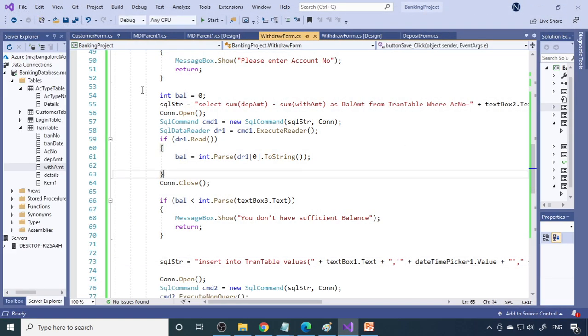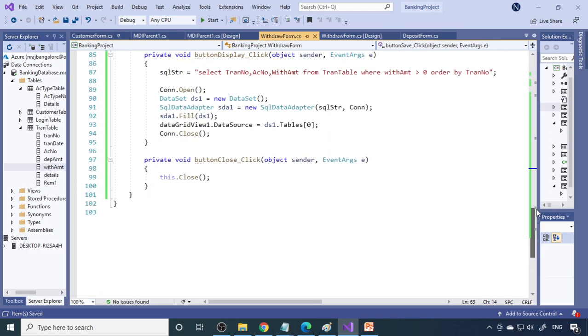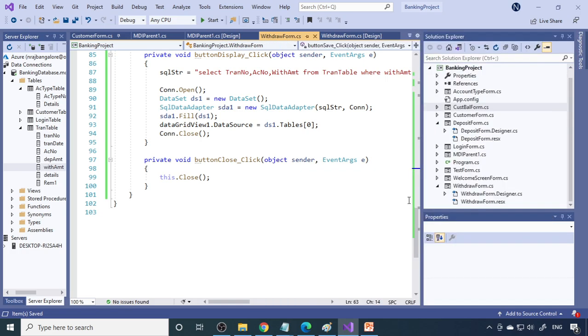Fine. So up to this is done. Everything is working fine. Please follow this. Try it yourself. Write all this code and then check it out. We'll see you in the next video on how to generate the report for this. That is also very important.